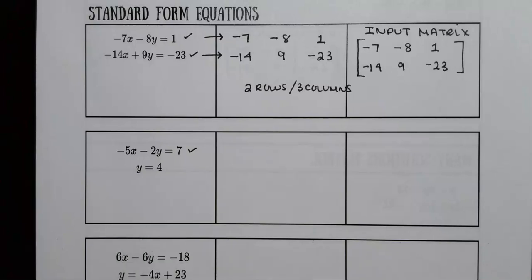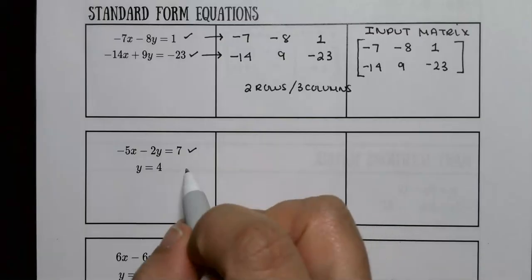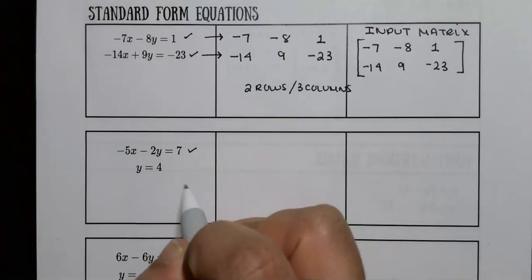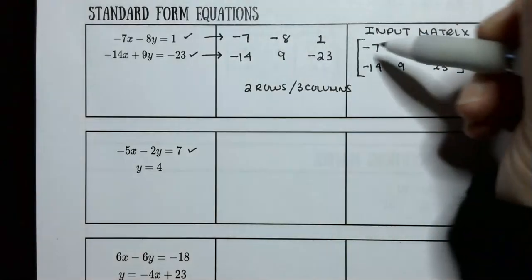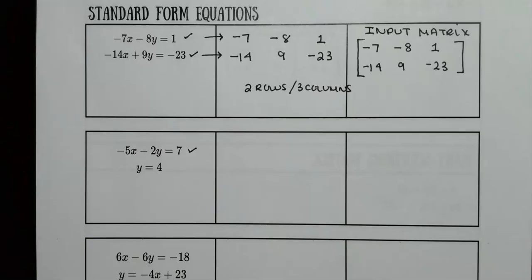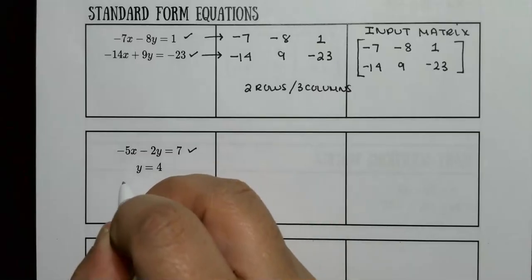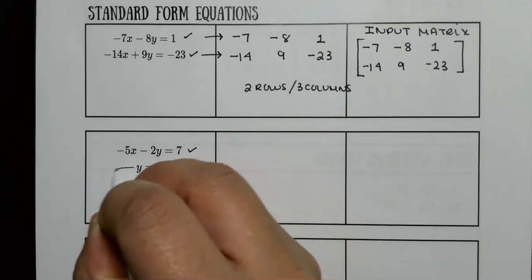But notice that we don't have an x for the second equation. We just have y. So what I'm going to ask you to do is put a placeholder. Because I'm missing the x, the first number represents the x in this column. These are the x's. And since we don't have an x, I'm going to ask you to rewrite the second equation